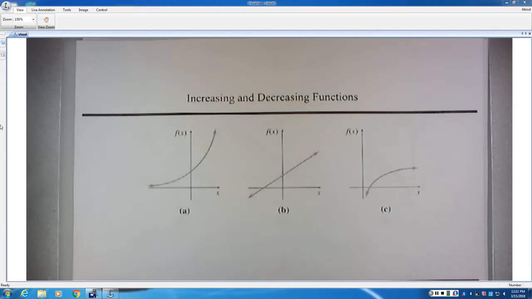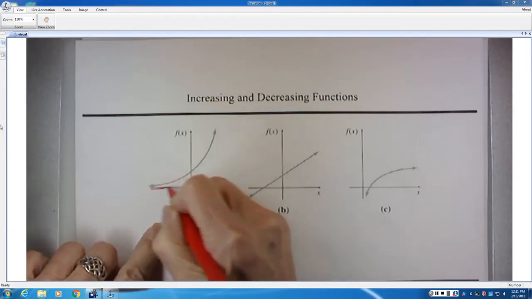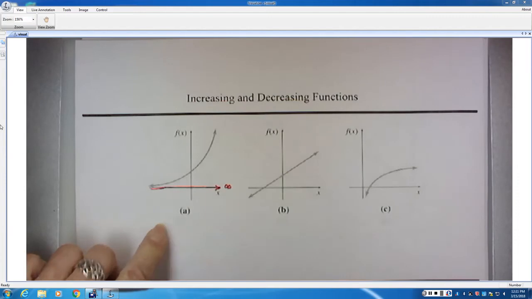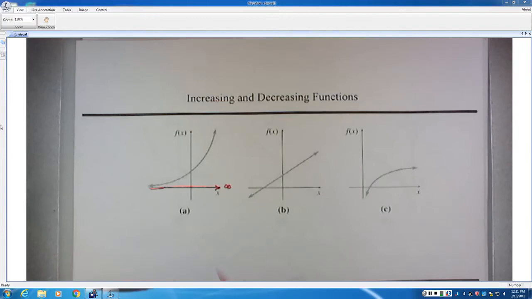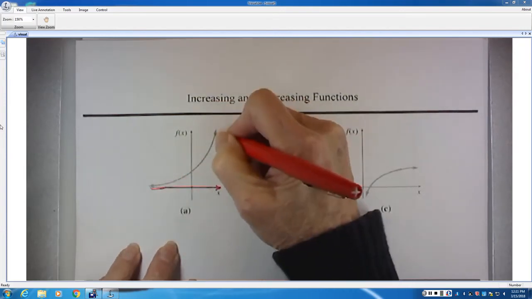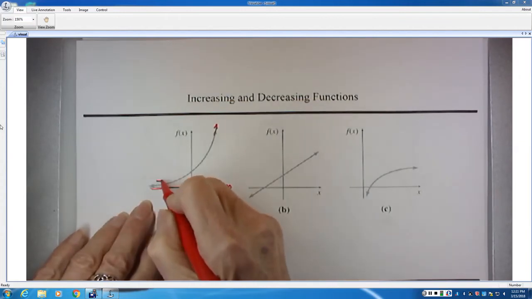So function A is increasing because as x gets larger and eventually will approach infinity, what happens is that the values of the function go up, and they continue to go up. So this function has a positive slope,